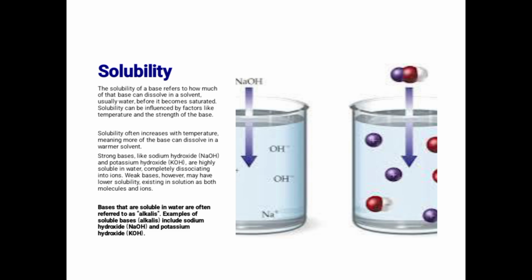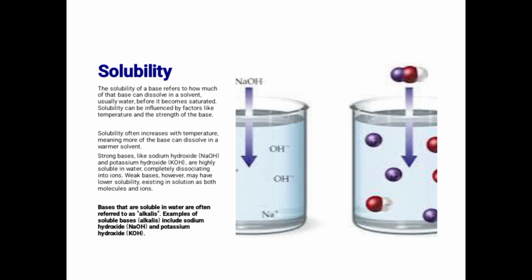The solubility of a base, however, can be influenced by the temperature, the nature of the base, and the strength of the base. In terms of strength, we are talking about the dissociation or ionization power. Some of them dissociate completely in aqueous solution. Some of them dissociate partially, as the case may be. But if you increase the temperature of a solution of a base, it is likely to be more soluble in water. Strong bases are very soluble in water